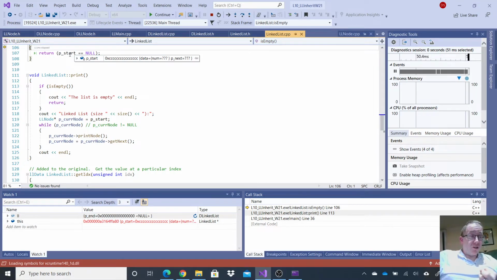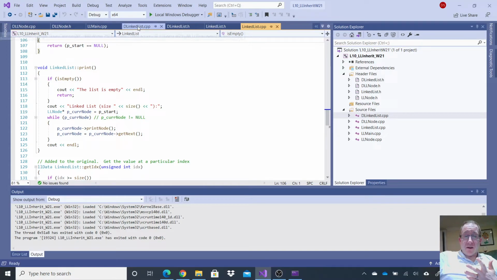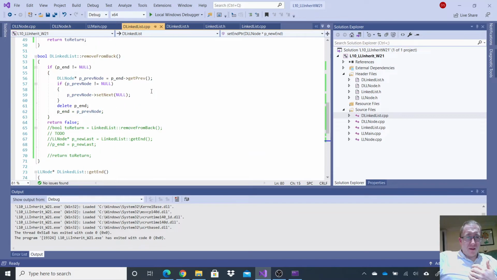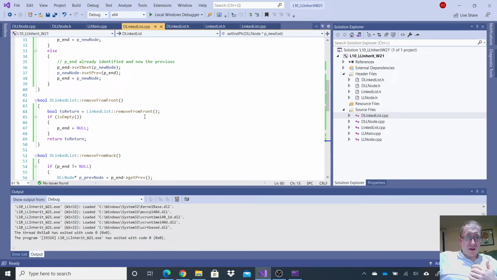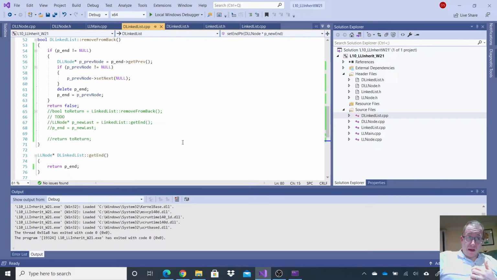My hunch is it's something to do with p start, because the data looks really weird, and it's something to do with deleting. Since the thing I did the most work in is deleting, I can go back to LinkedList.cpp and look at what I did here. Presumably, in the parent's version I call remove from front, and that hopefully works the way you'd expect. Here, however,